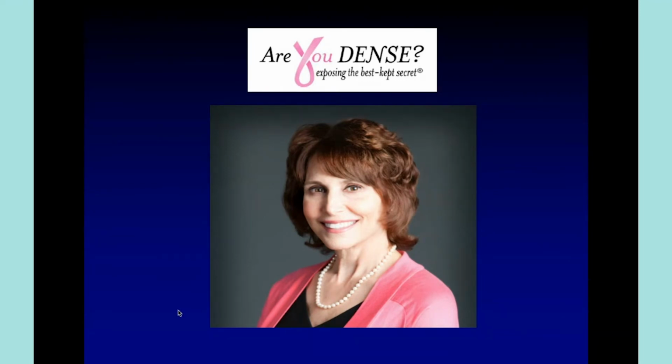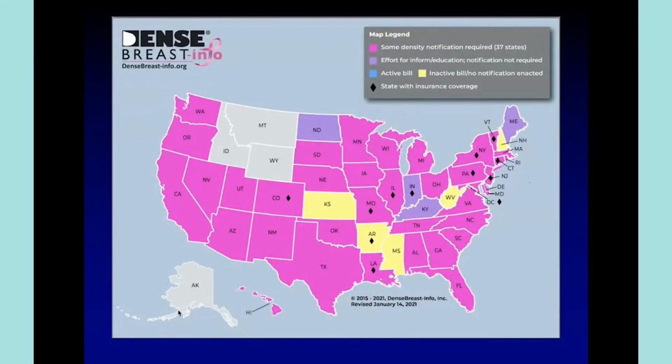Nancy Capello was a PhD in educational leadership. In 2004, only weeks after her routine annual screening mammogram was negative, she found a lump in her breast, and after ultrasound showed a cancer, she was diagnosed with stage 3C cancer with 13 positive lymph nodes. When she found out that her cancer had been missed on her mammogram because she had dense breasts and she'd never been told about her density, she did her research and found that it could have been detected much sooner with ultrasound. She started a grassroots movement to get women